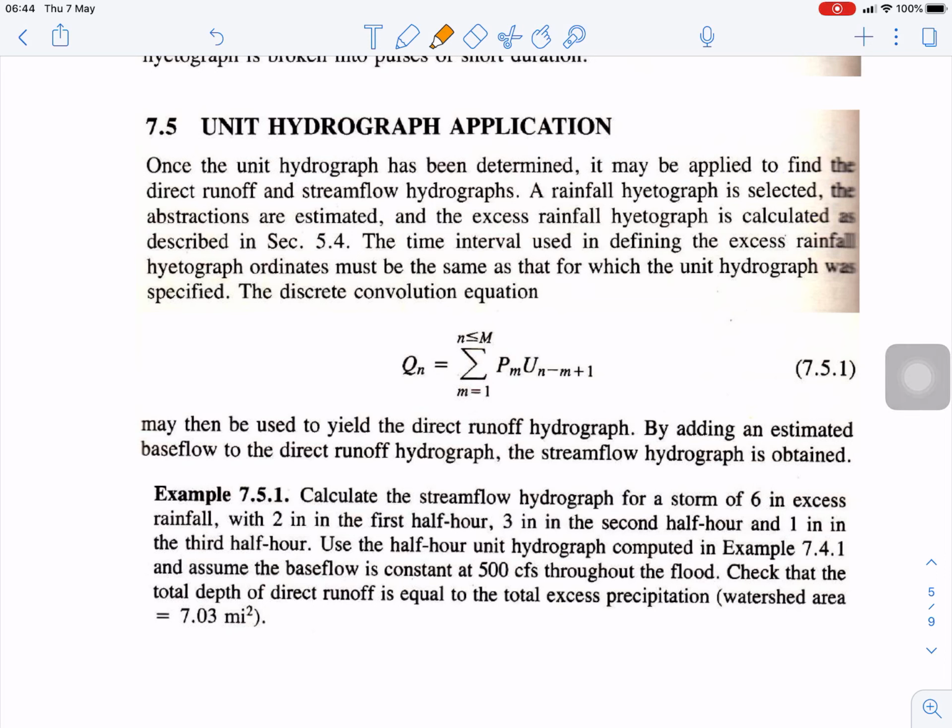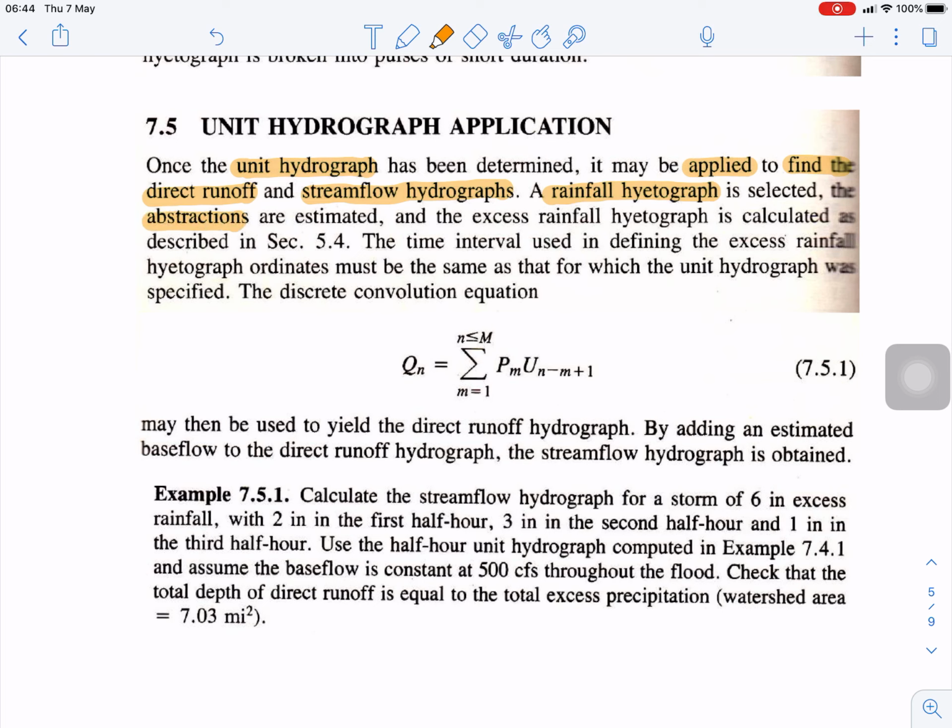Okay, from the previous lecture, we can estimate the unit graphs. Next we apply this unit graph to find the direct runoff and stream flow graphs. So for a new rainfall hydrograph, we can subtract